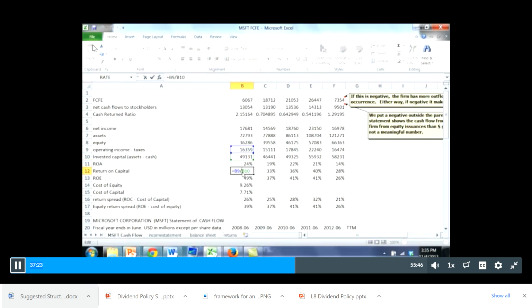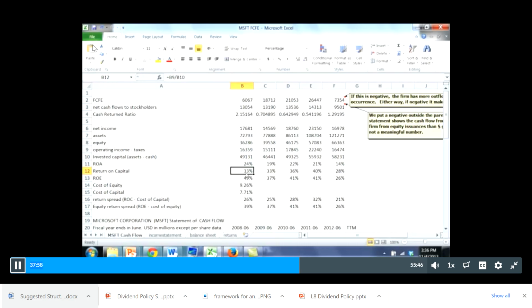Return on capital is operating income minus taxes, right? So we're excluding interest and just invested capital, right? So you can think of a return on capital as an adjusted ROA. First, we're adjusting for interest expense in the numerator, right? We're kind of ignoring that. And we're adjusting for cash in the denominator and saying we're not going to count that against them, right?